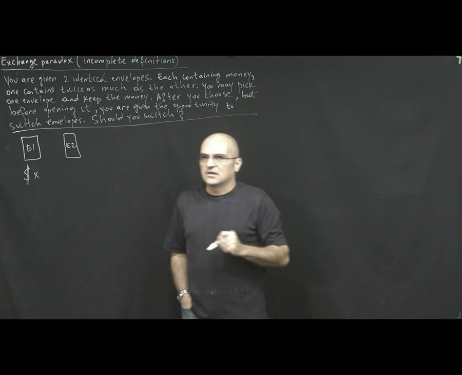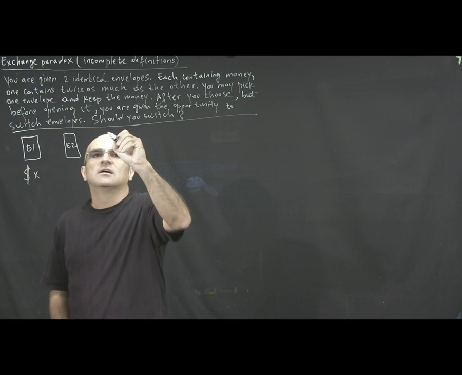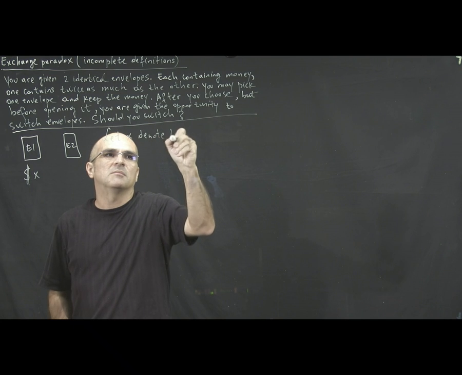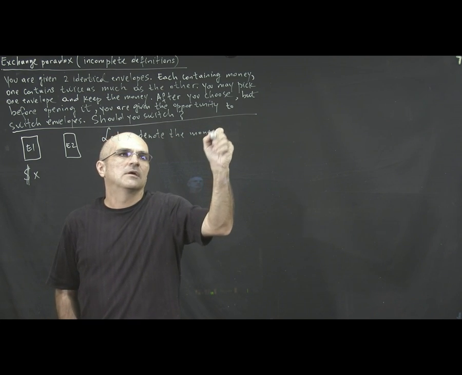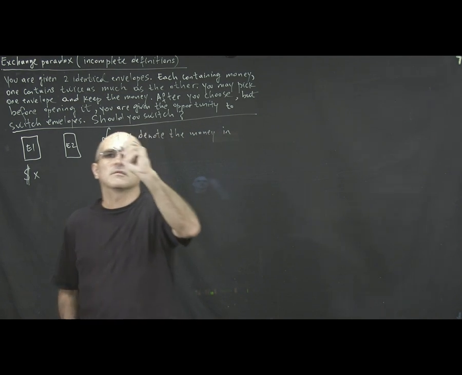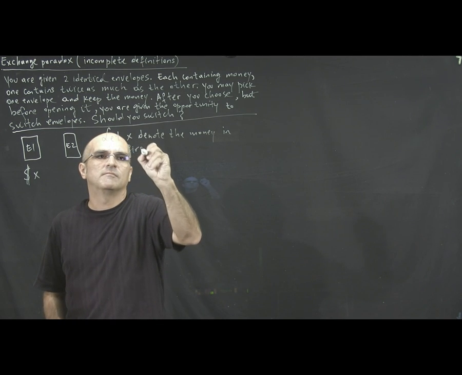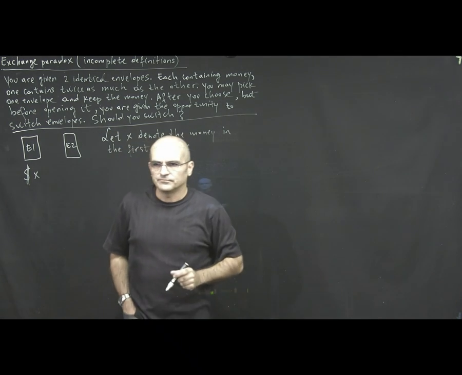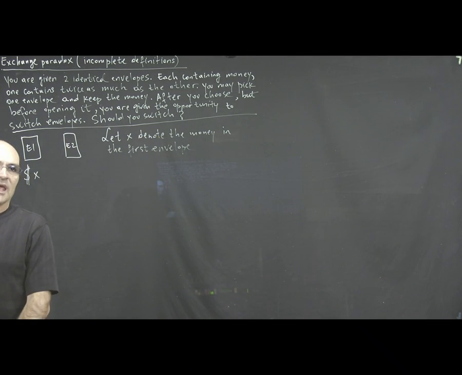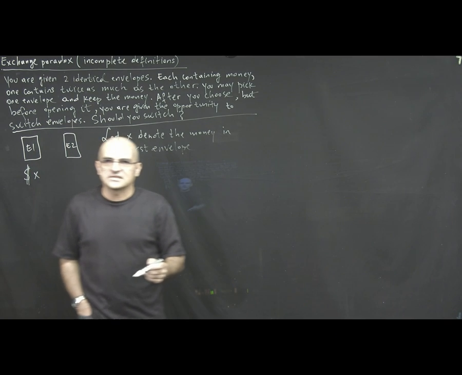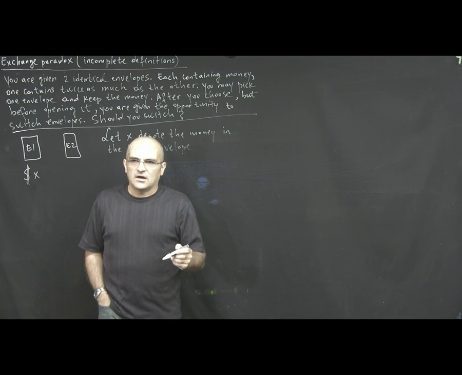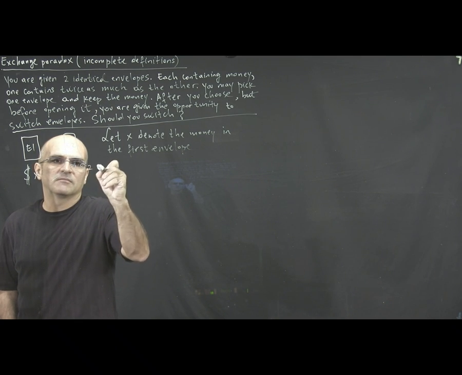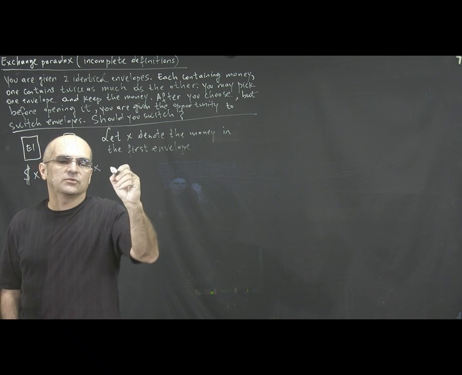So in other words, let X denote the money amount in the first envelope. And if that's the case, then we have in the second envelope either twice as much money with probability 1/2,